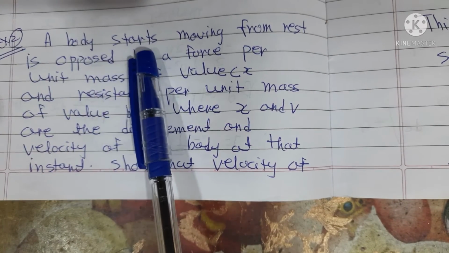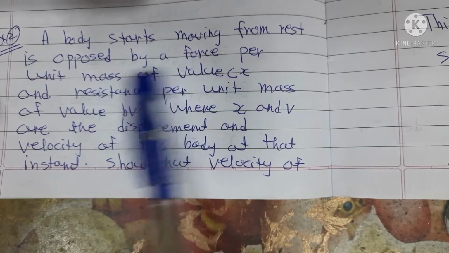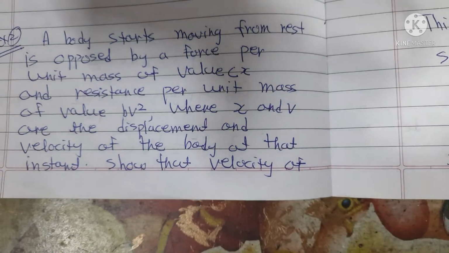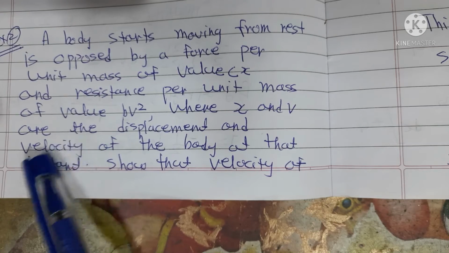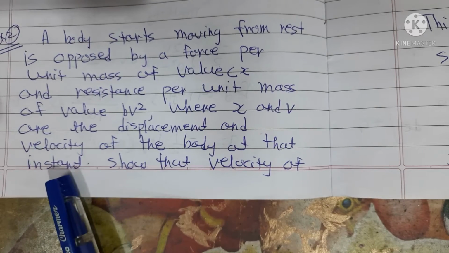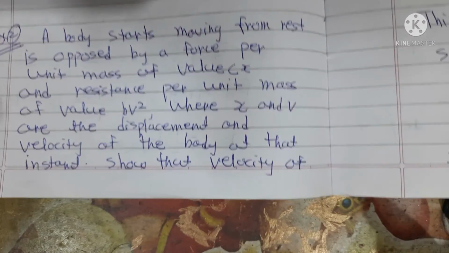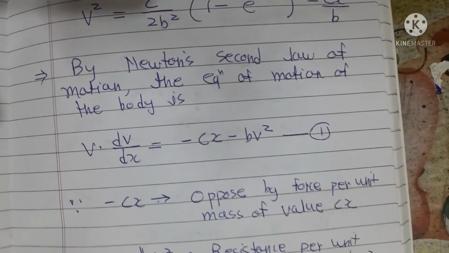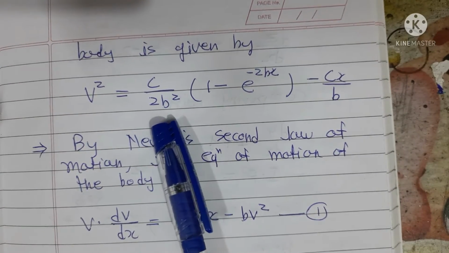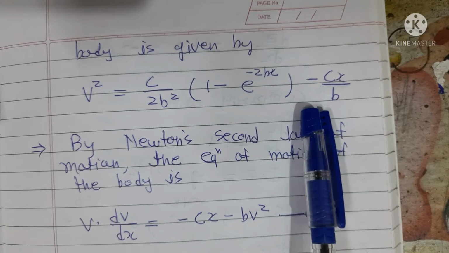A body starts moving from rest and is opposed by a force per unit mass of value c into x. The resistance per unit mass is of value b into v square, where x and v are the displacement and velocity of the body at that instant. Then show that the velocity of the body is given by v square is equal to c upon 2b square into bracket 1 minus e raised to minus 2bx bracket complete